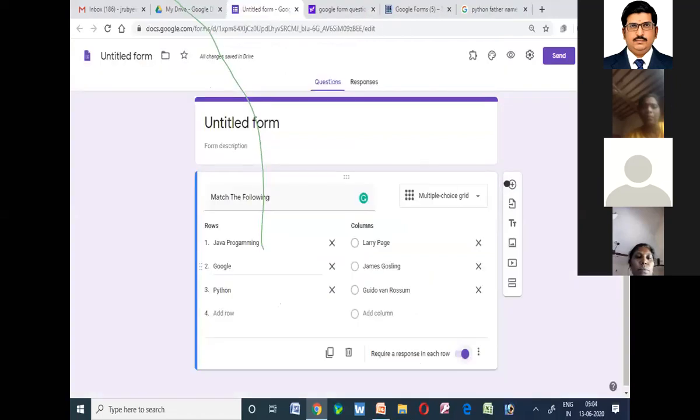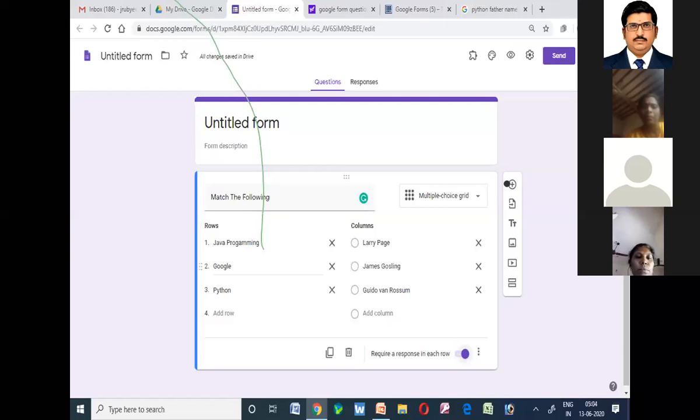So the next type of question is multi-choice grid. Multi-choice grid is, suppose you want to give a multiple choice question or match the following question, at that time you can give this particular option. So it will have two columns, one is rows and the other is columns. In the rows you can give some questions and the answers you can map in the next column. So you just give all the options.